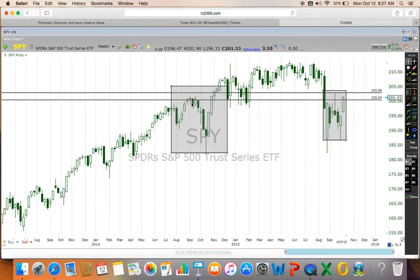Over here, we just saw the October low, and there was a constant bounce back, and then we started trading around this price action, in this price area. So right now over here,